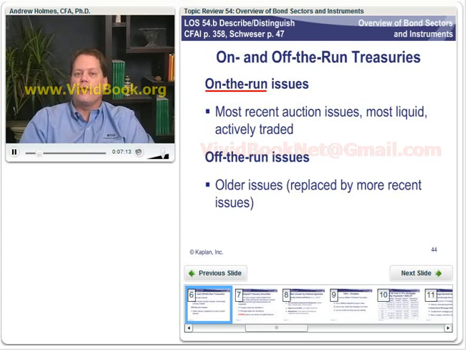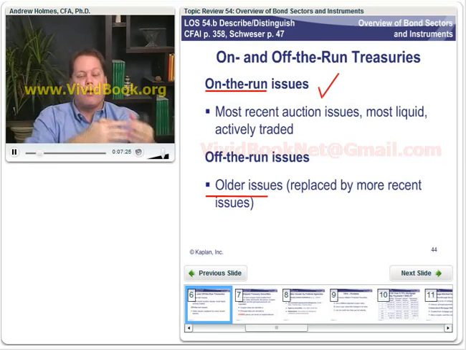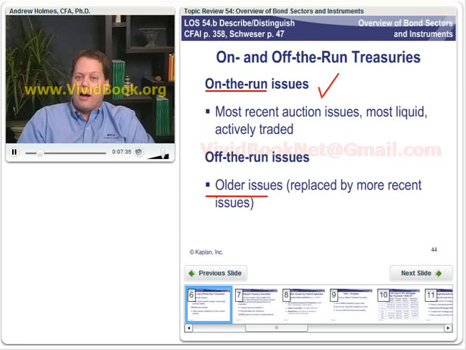The others are the older issues, and the idea here, and we really don't talk about it in the curriculum, but the on-the-run issues are the most accurately priced. They're traded very vigorously to begin with. Eventually what happens to lots of bonds is they find their way into a portfolio and they sit there for a couple of decades. But the on-the-run issues have the very most accurate pricing. The off-the-run issues, if you're talking about the United States Treasury market, are still probably pretty accurately priced, just not as accurately as the on-the-run issues.